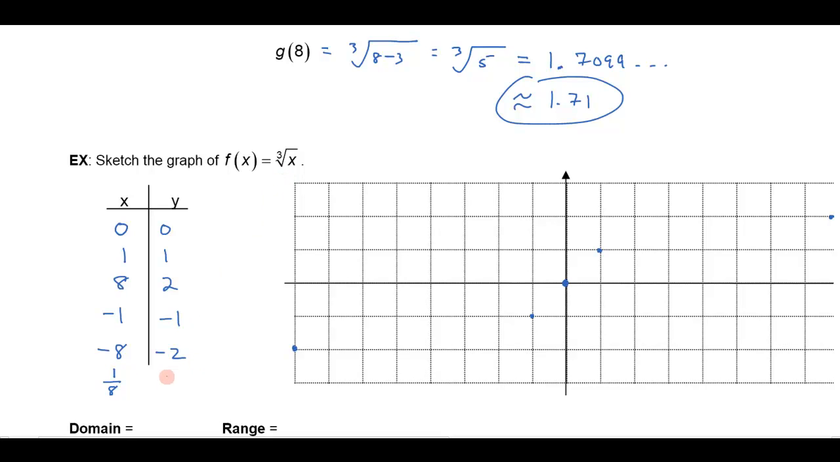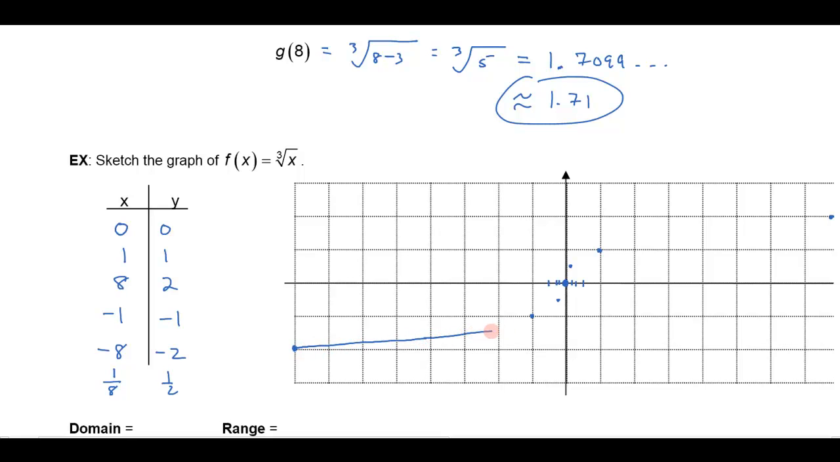Notice the cube root of 1/8 would be a half, because a half times a half times a half is an 8. So this would be a half, and then this would be a quarter, and a half, that'd be an 8. So here's an 8 in the x direction, and then it's up a half. And likewise, if I were to plug in a negative 1/8, that would give me negative a half. All right, so here's what this looks like, and we could plug in some more, but we'll just